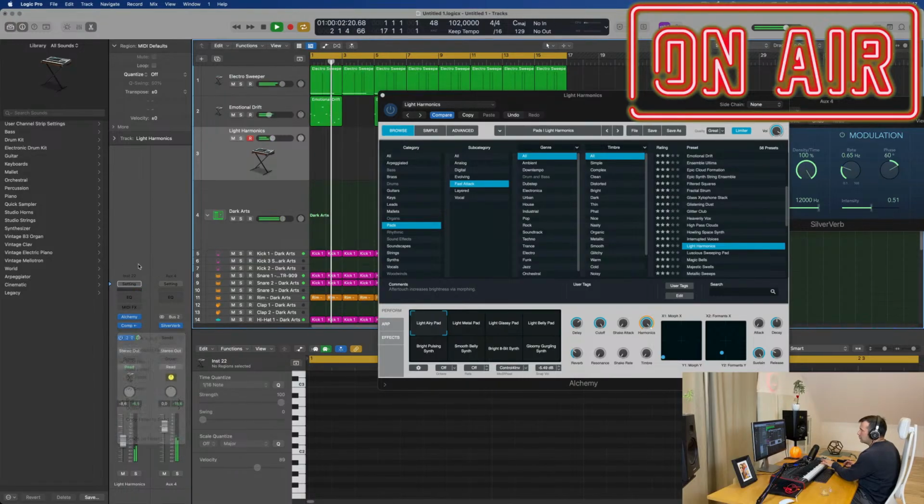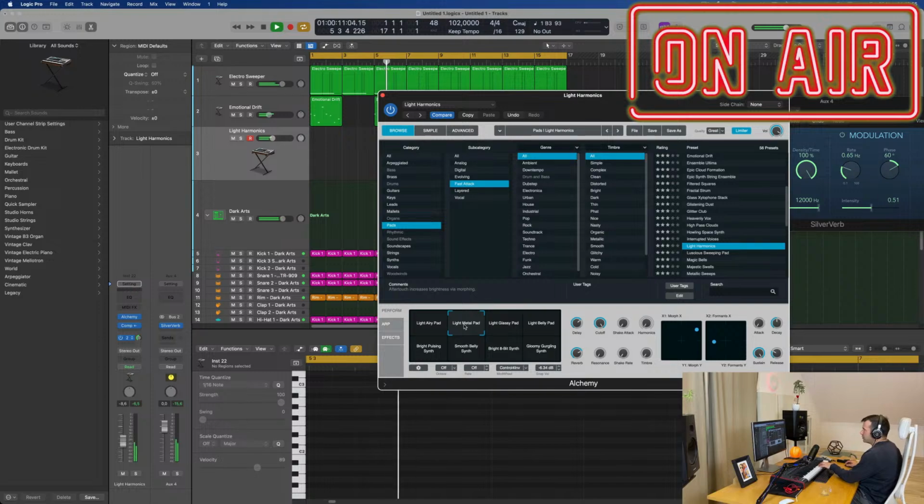What am I gonna do? No, not even. I wanted to add a delay, but I think this reverb is so big already. I like this glassy sound.